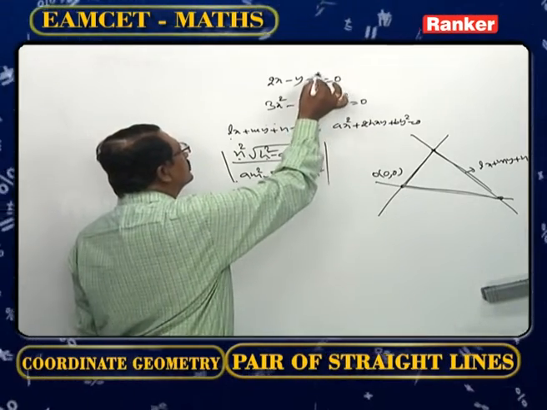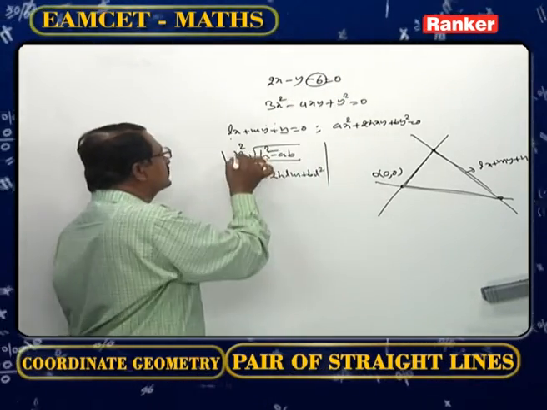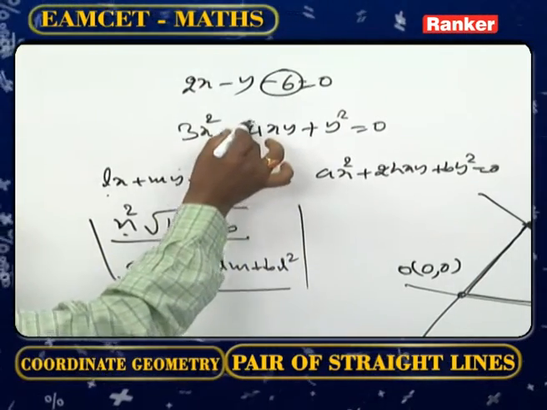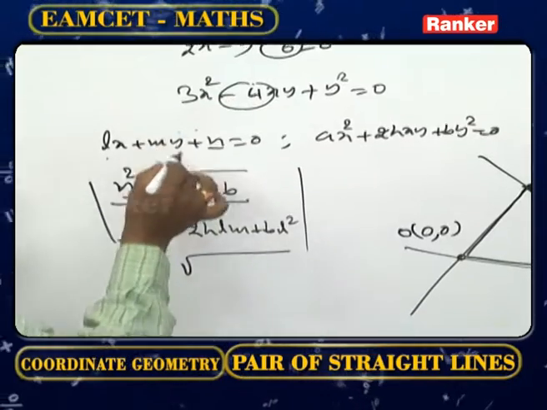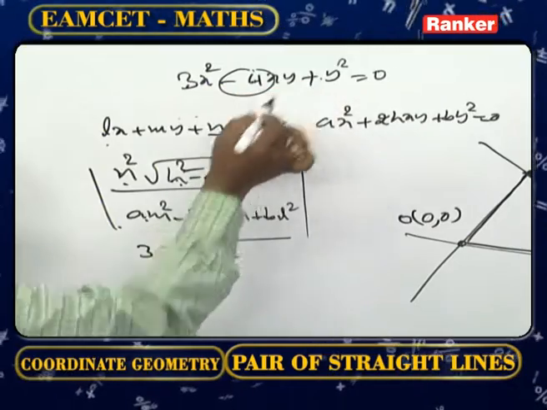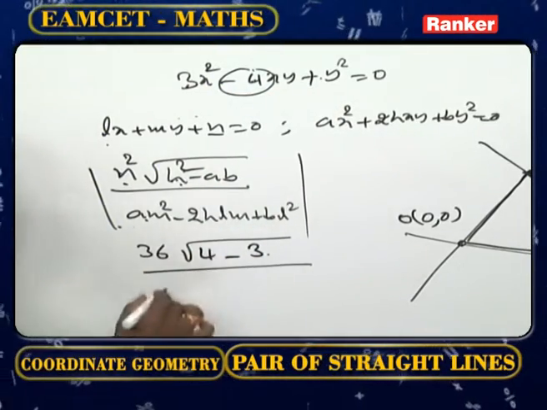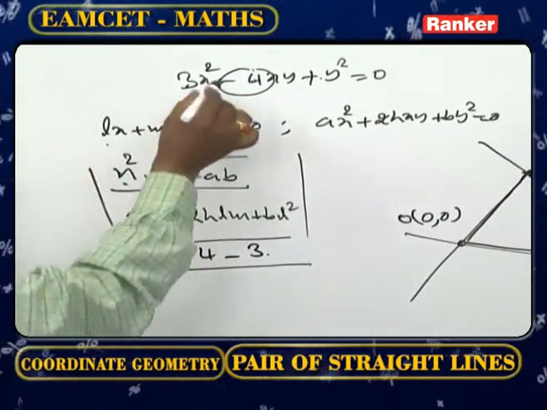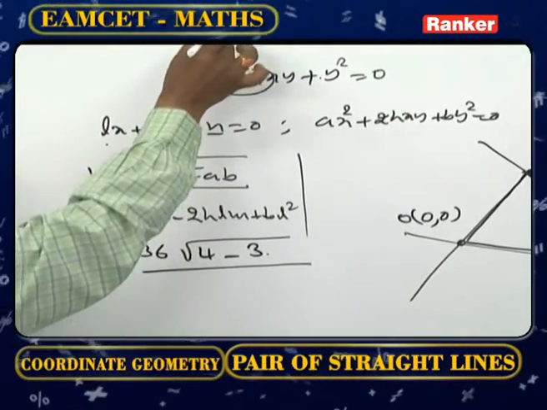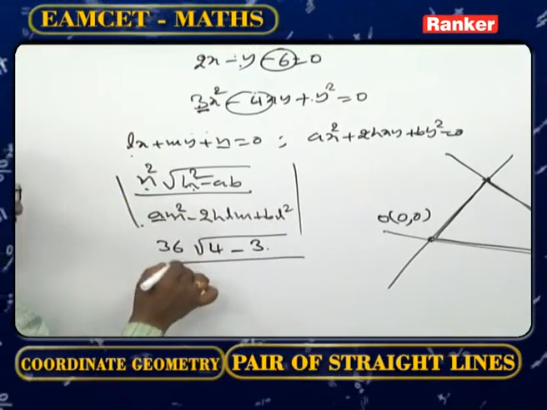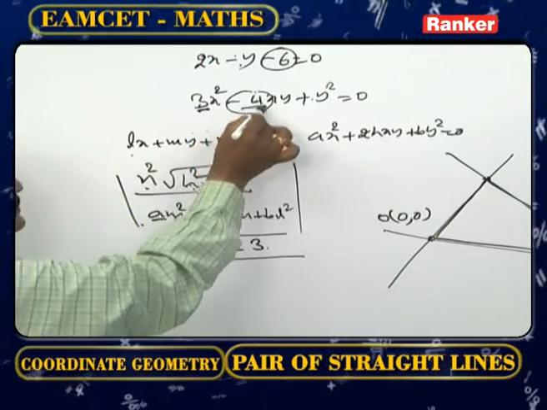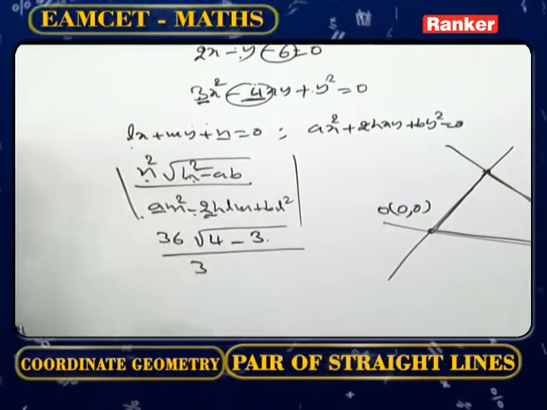Now, in the given equation, n is nothing but minus 6, n square is 36, into square root of h square. Here h is half of the coefficient of xy, minus 2, h square is 4, minus ab, minus 3 into 1, minus 3, by am square, where a, the coefficient of x square, is 3, into m square, m equals minus 1, whole square, 1, 3 into 1, 3, minus 2hlm. Now 2h equals minus 4, minus 2h equals 4 lm,